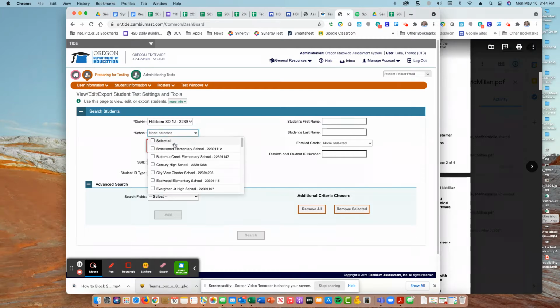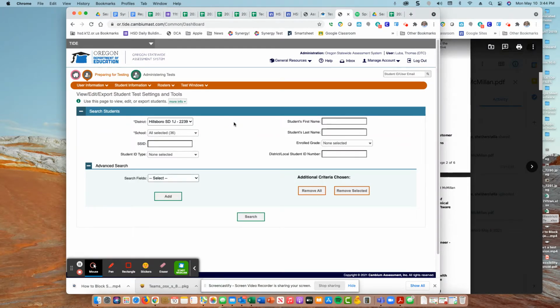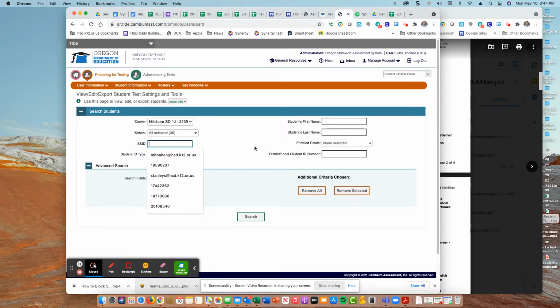And then you're going to select your school, or you can select all. And then you want to put in the student's SSID here in this field. What you're essentially doing here is you're searching for the student so that you can get to their specific record. So I'm just going to use a temp ID that I had created in the past and paste it into